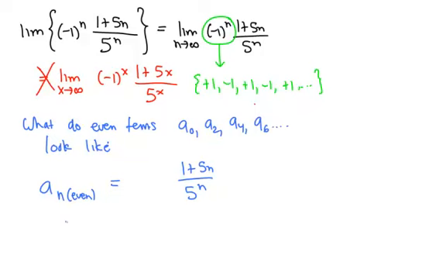So if I wanted to take the limit as n goes to infinity of just the even terms, that's the same thing as taking the limit as n goes to infinity of just the sequence 1 plus 5n over 5 to the nth power. Now this time, if I were to go and swap all of those n's with x's,